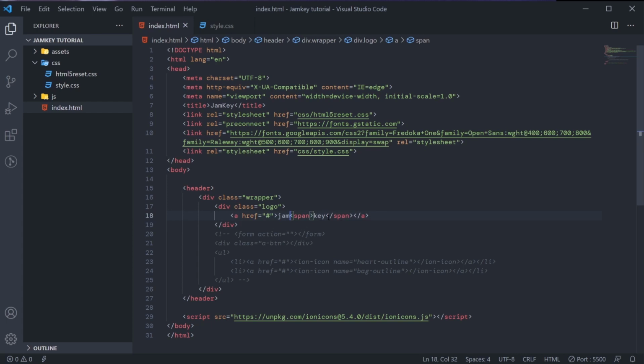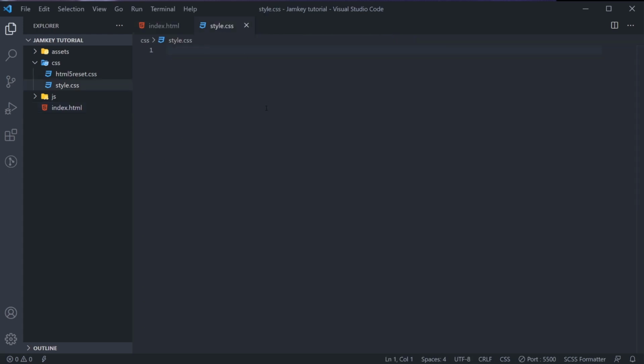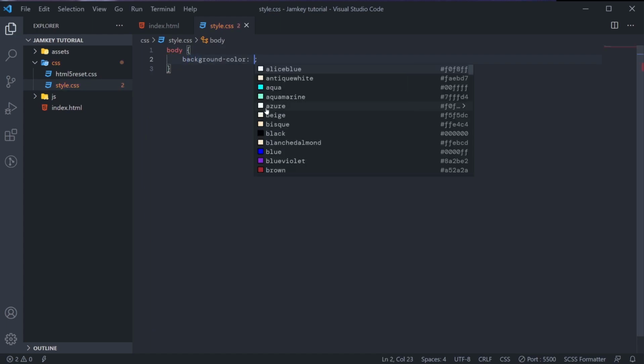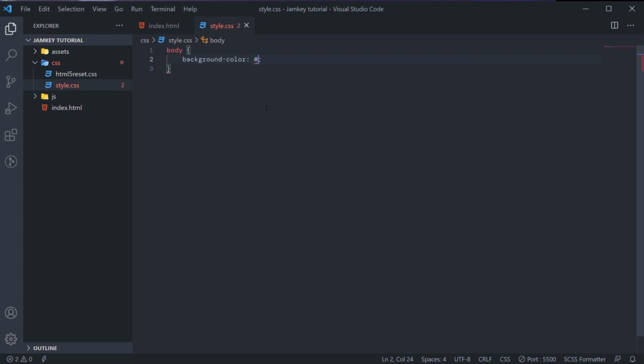Because of the way I do my stuff, I don't just want to mark up everything at once. As I mark up small, I design small with CSS. So when I enter CSS now, I'll just design something. First I get the body. Then inside the body, I'll give background color of hash F6, F7, F9.